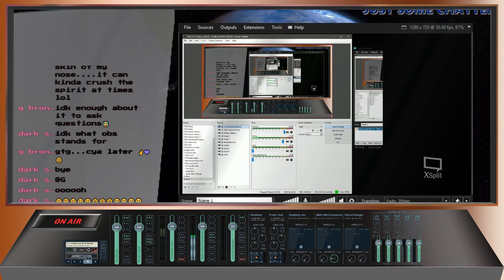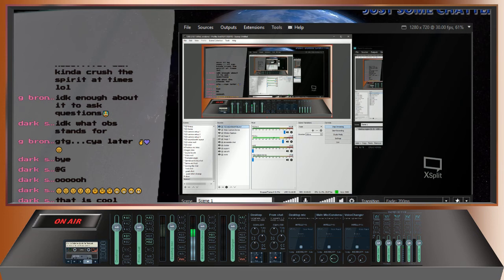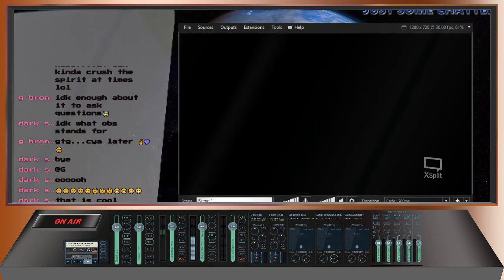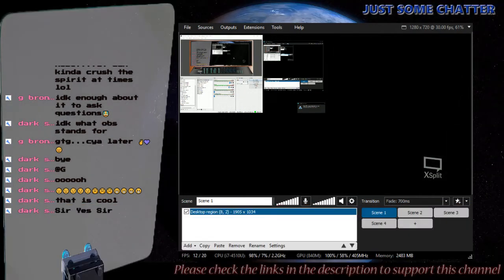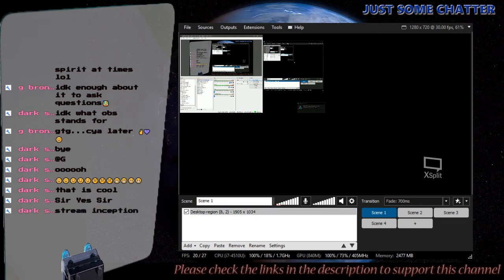Alright, so, and right on the edge of the display. Hey, look at that. Let's see what I can do with this. If I remove this, now I'm really playing around. Add screen capture. And I want to capture all of this except for my start menu. Now we'll get rid of the soundboard look, and we'll stretch this out, and you can see I'm getting a high CPU usage.